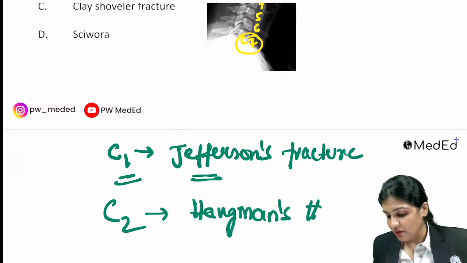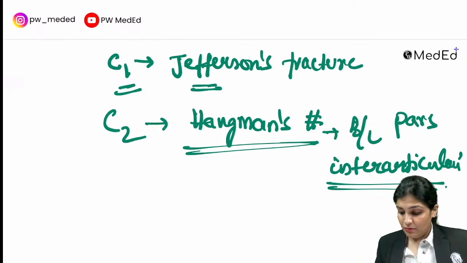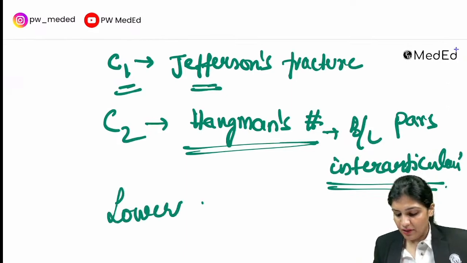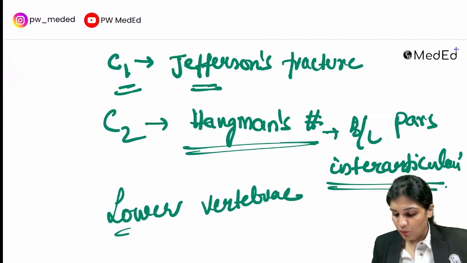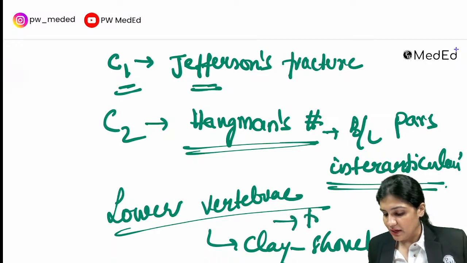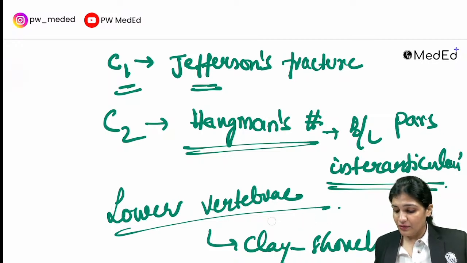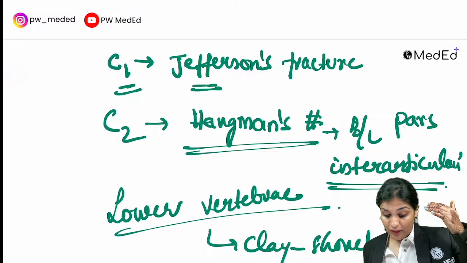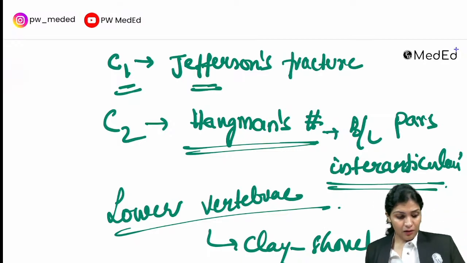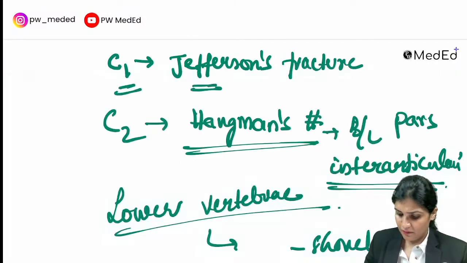In C2 you will have hangman's fracture, and usually it is nothing but the bilateral pars interarticularis of the C2 vertebra, right? And one more fracture in the cervical spine is the lower vertebrae involvement, that is the Clay-Shoveler's fracture, where in the lower vertebrae you will see the involvement of the spinous process, that is the Clay-Shoveler's fracture,